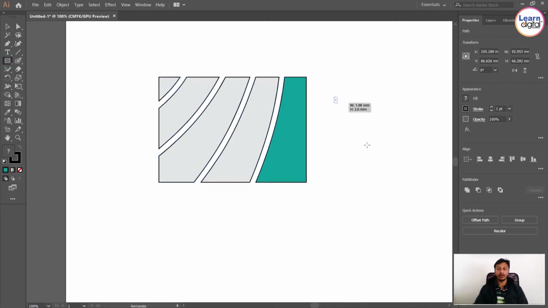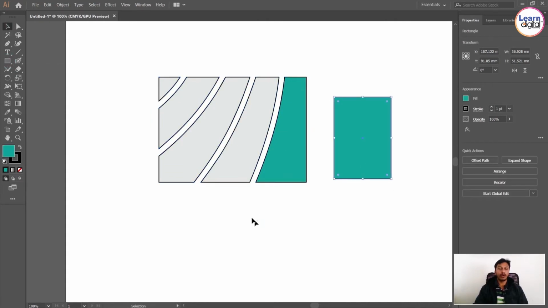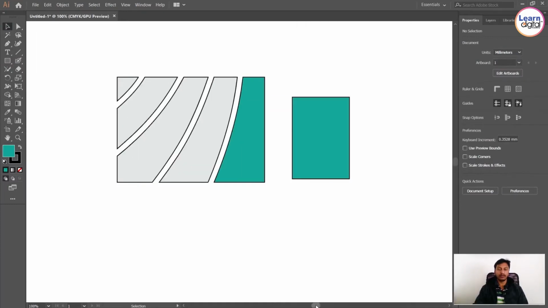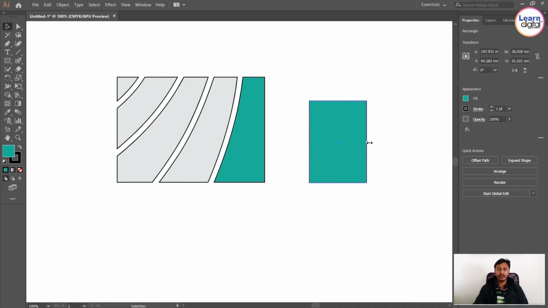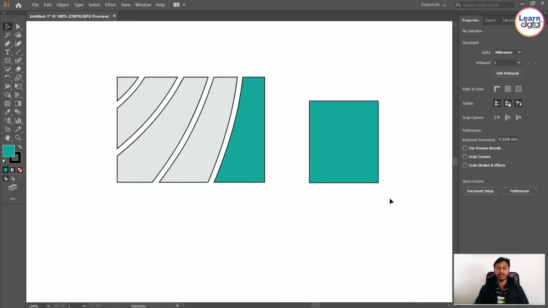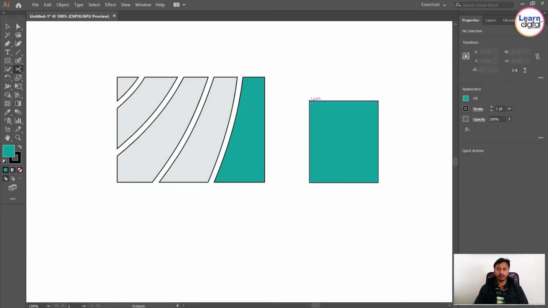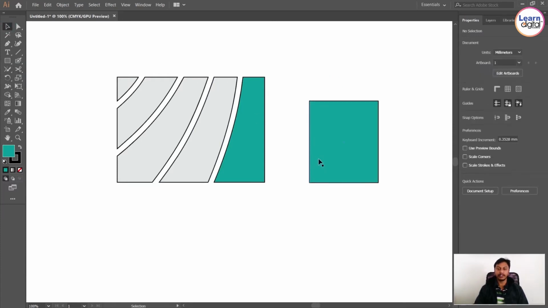I'm drawing one new box. So what is the purpose of scissor? Scissor means you need two different points to cut from one end to the other end. That means one starting point and one ending point. So this point and again exactly the opposite point. So I cut it from edge to edge.